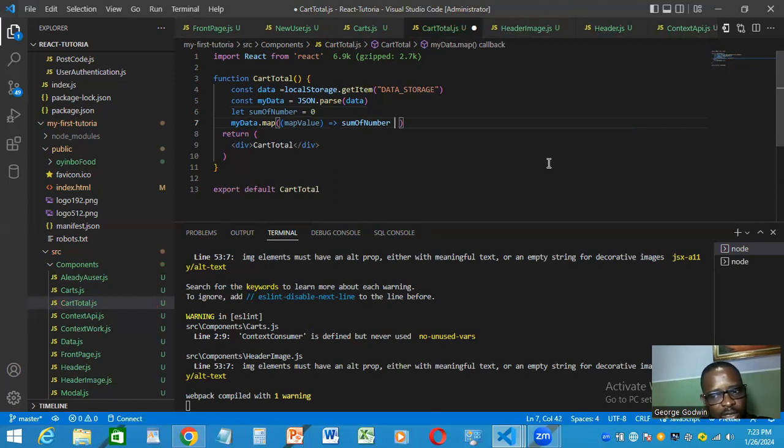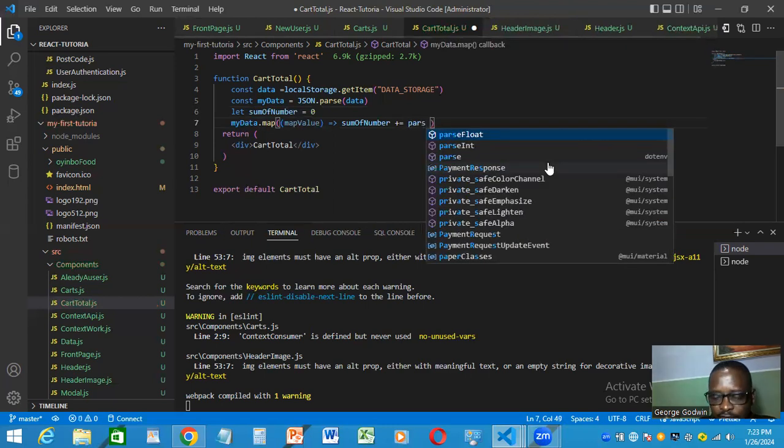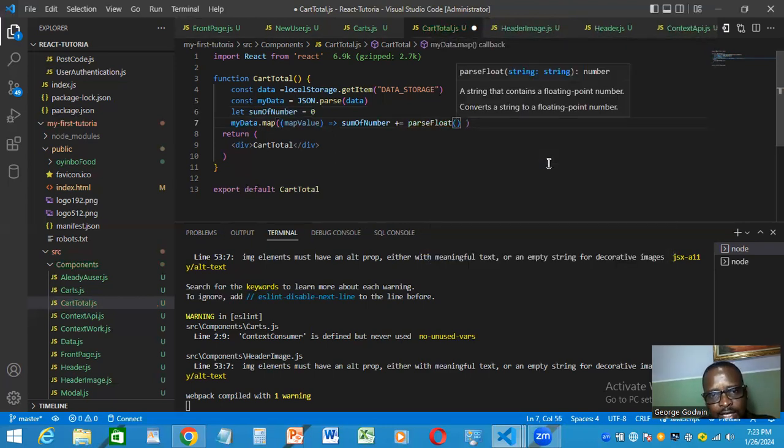Sum of number plus equals to, remember it is string, so we're gonna make it a number. So I can use Number, and I can also use what we call the parseFloat. So I'm going to use the parseFloat, and I'll say map